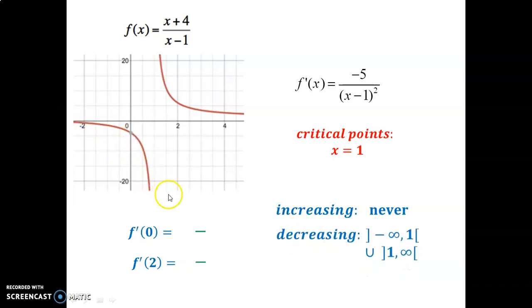Look, this graph is decreasing here and decreasing here. There's never an increase on this graph. There's always a negative slope. So it's always decreasing. But we show it in two parts because there's a gap at x equals 1. And there is no max or min point because we never had a max